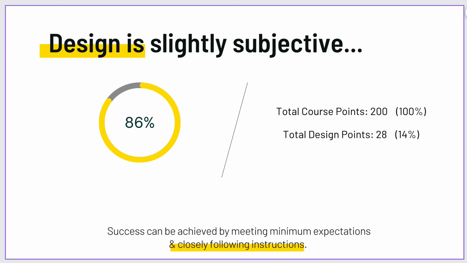okay? The best way to be successful in this class is to meet the minimum expectations, which are outlined in your project requirements, and then to closely follow those instructions that appear after the minimum expectations in the project assignment,